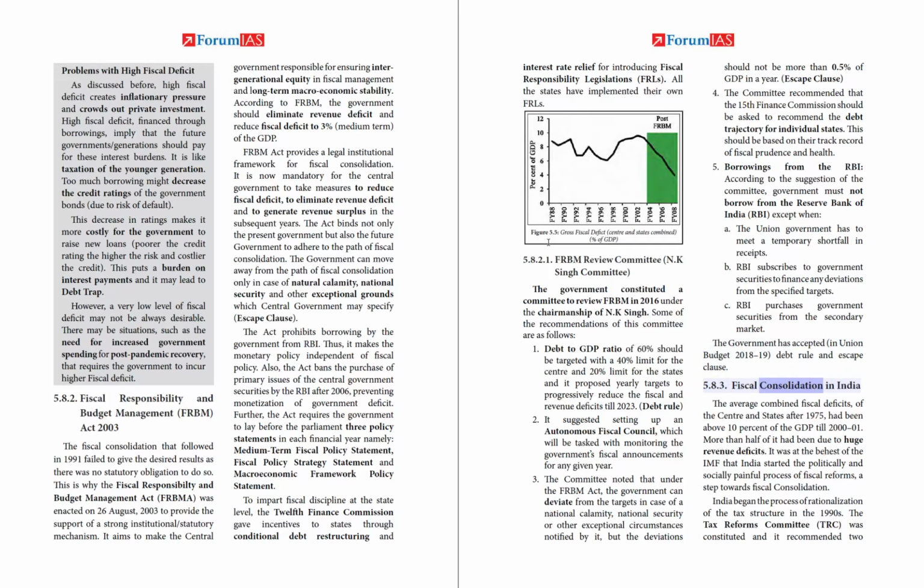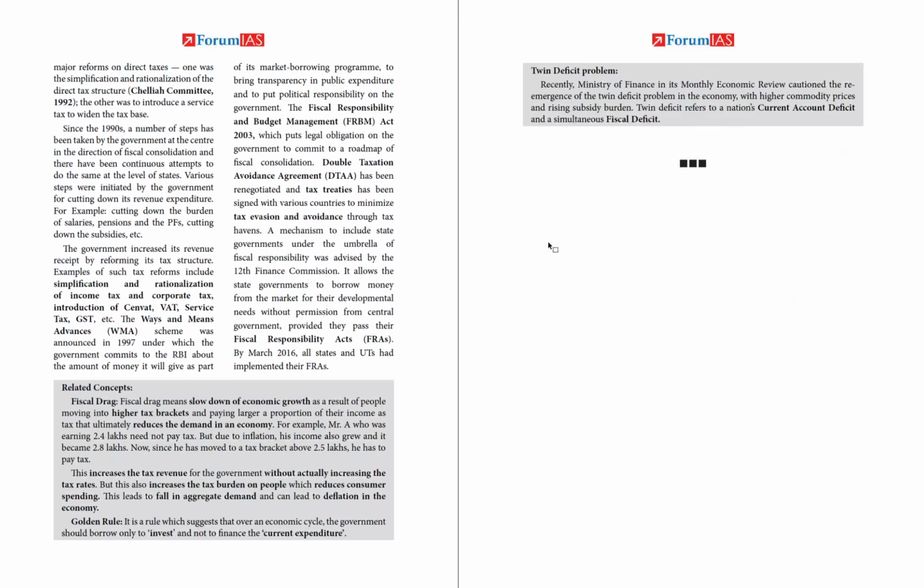5.8.3. Fiscal consolidation in India. The average combined fiscal deficits of the Center and states after 1975 had been above 10% of the GDP till 2000 to 2001. More than half of it had been due to huge revenue deficits. It was at the behest of the IMF that India started the politically and socially painful process of fiscal reforms, a step towards fiscal consolidation. India began the process of rationalization of the tax structure in the 1990s. The Tax Reforms Committee, TRC, was constituted, and it recommended